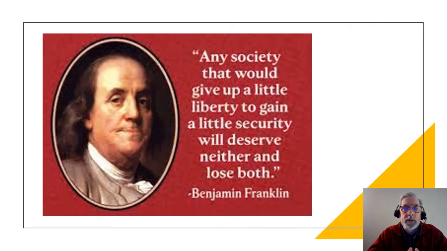Which brings up a couple really good quotes associated with this very principle that I've been talking about. Here's Benjamin Franklin. Any society that would give up a little liberty to gain a little security will deserve neither and lose both.